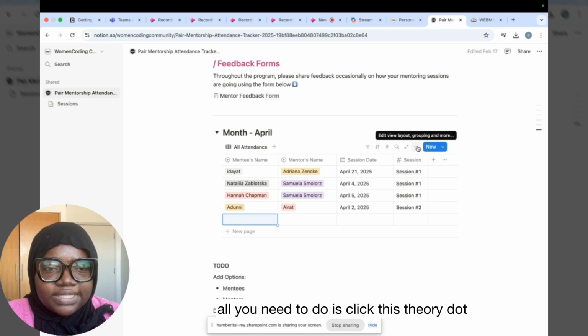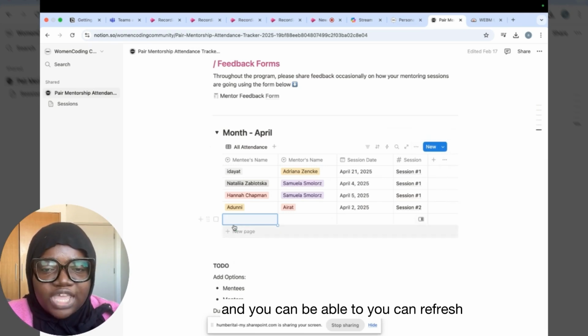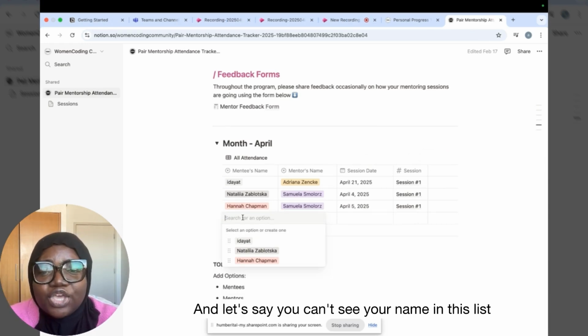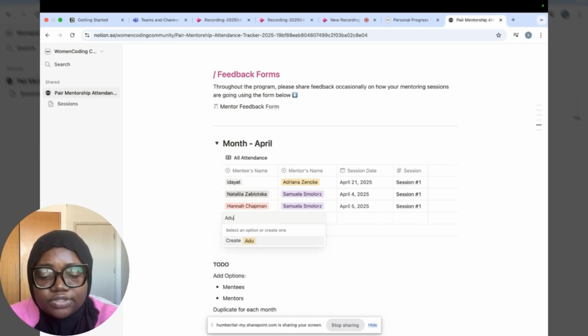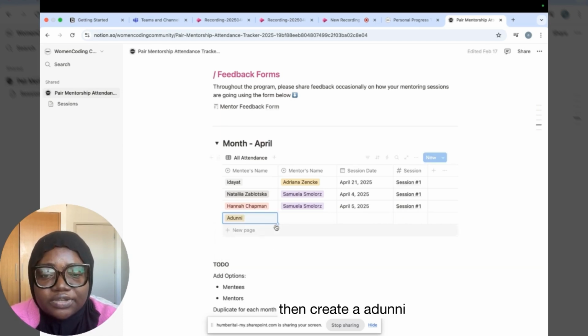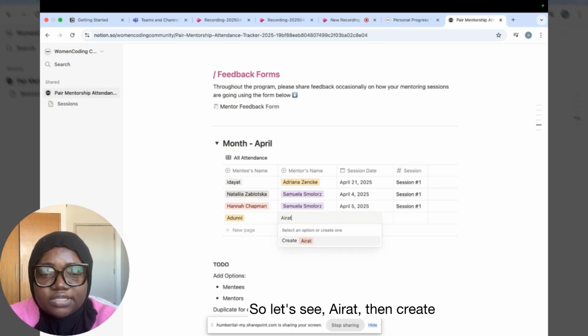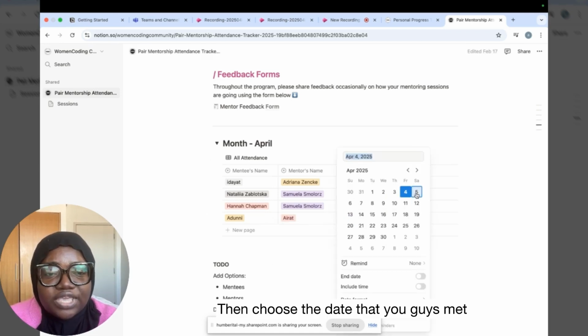All you need to do is click this three dots, and it should pop up for you, and you can refresh. And let's say you can't see your name in this list, just write your name here, Adoni, then create Adoni. If your mentor is not on this list, just click on this and start writing. So let's say Irat, then create. Then choose the date that you guys met,